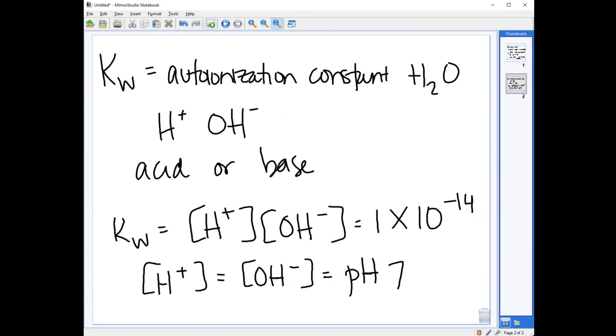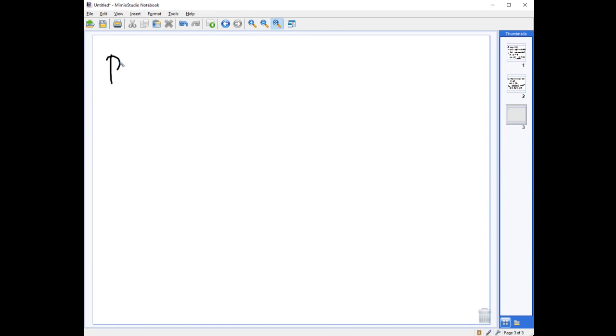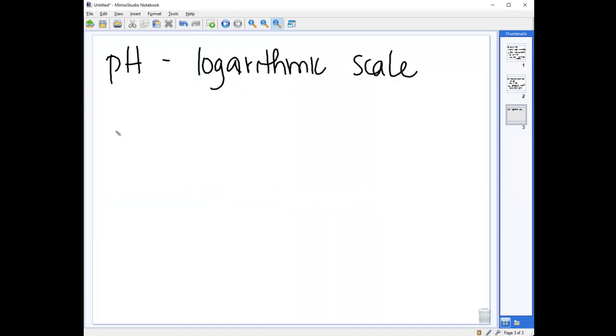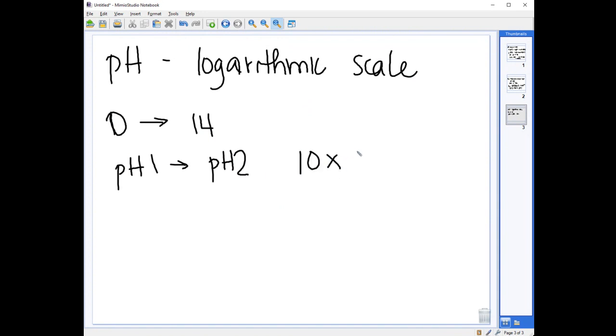So what does that mean, take the log of that? Well, the pH is a logarithmic scale. Okay, and what that means is as we go through 1 to 14, or really from 0 to 14, each step is not just a power of 1, it's a power of 10. Okay, so if we have a pH of 1 and we go to a pH of 2, then that's 10 times less hydrogen ion concentration. Okay, if we go from a pH of 1 to a pH of 3,